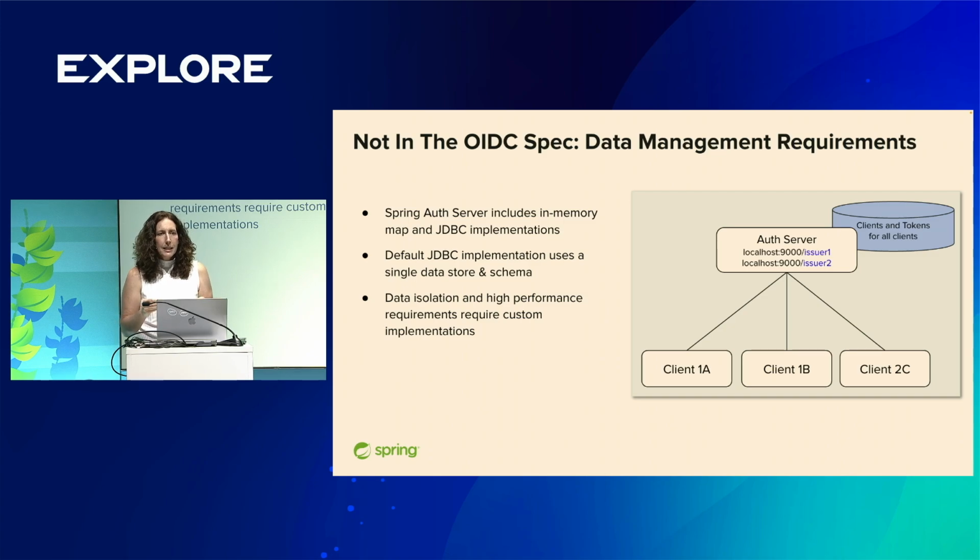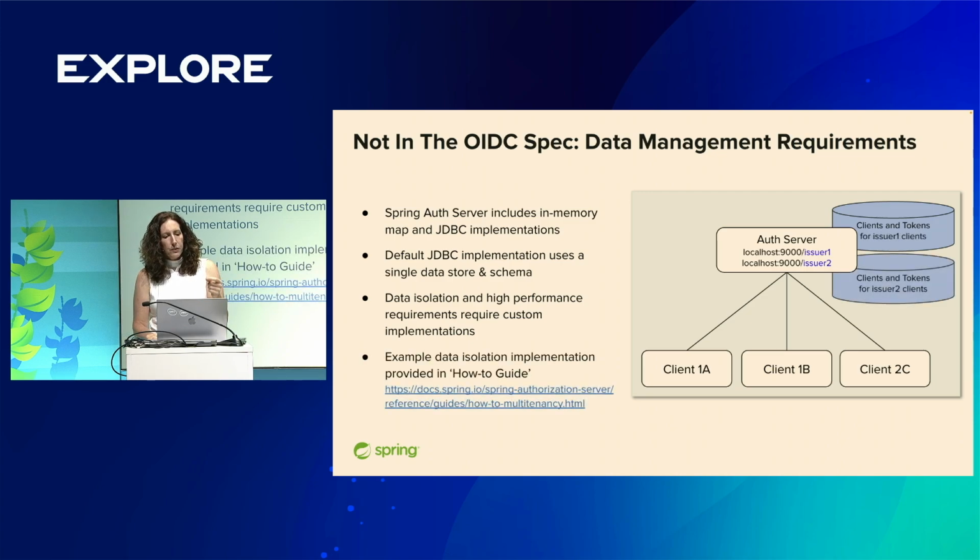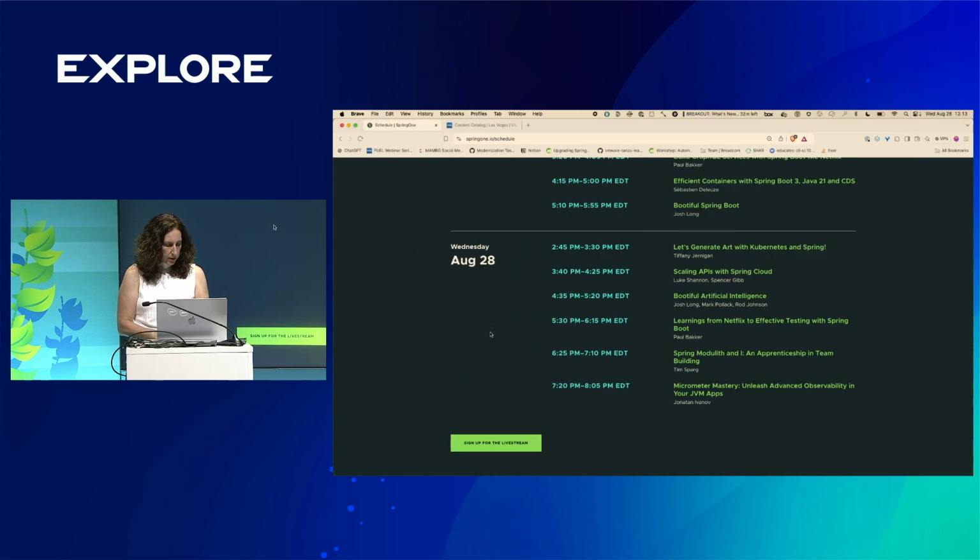What's not in the OIDC spec is any instruction about how to isolate that data between issuers, et cetera, right? So that is really up to you. It's an implementation that it's not necessarily appropriate to put in the framework. It's just sort of a case-by-case basis, depending on what you want to use. Because of that, the feature is disabled by default, basically. So both for data isolation, but also because it's a single schema and the tables are kind of flat, if you wanted really high performance, you might also want to change the schema. So that is also up to you. So while this feature, while multi-tenancy is supported at the path level,